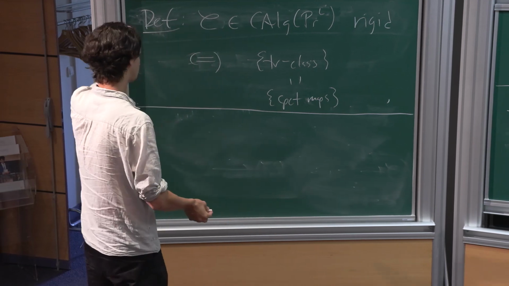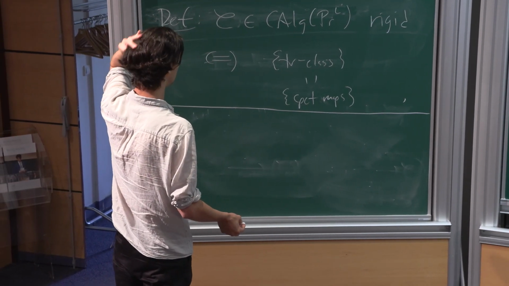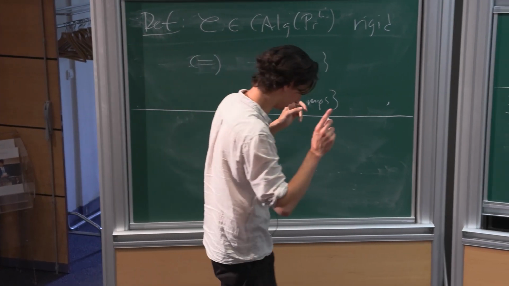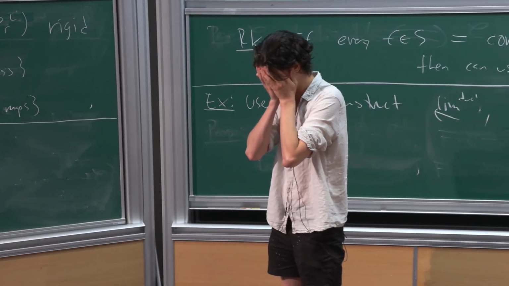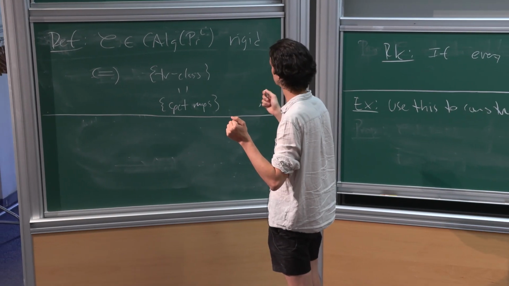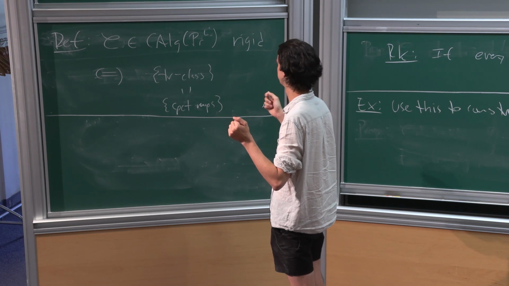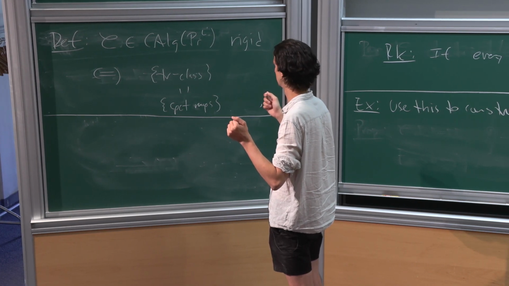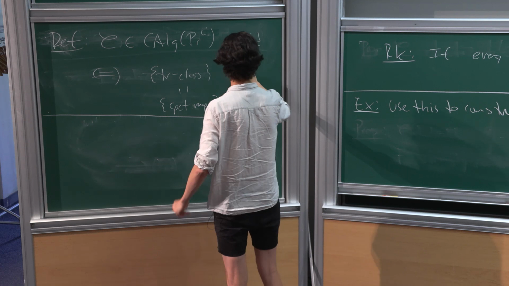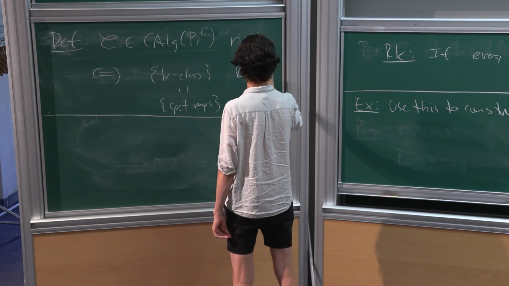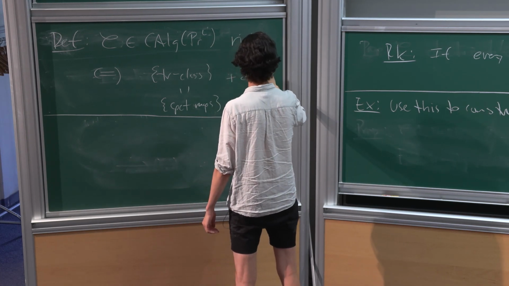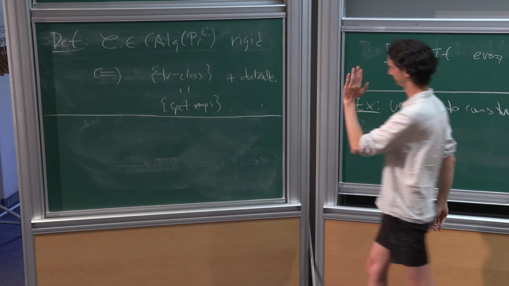So, or wait a second. No, sorry. Did I mess something up? Just a sec. Sorry. I think I misanswered both of those questions. So it is dualizable plus this, I guess. But I want to make it slightly less obvious. Yeah. Sorry, plus dualizable. I'm sorry. I misanswered both of those questions.